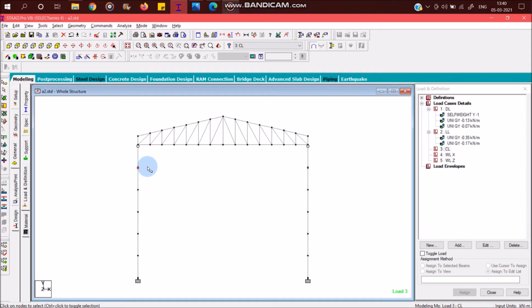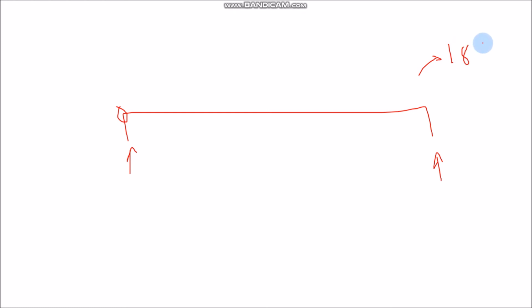The vertical forces that will be coming to these points, this will be my gantry, right? It will be like this. So I'm going to select only the vertical forces that will be acting. At this point, what will be my vertical forces? It will be the weight of this gantry. Here I'm going to consider that the weight of the gantry is 180 kilonewton. Therefore at either side I will have 90 kilonewton. So that is one vertical force.